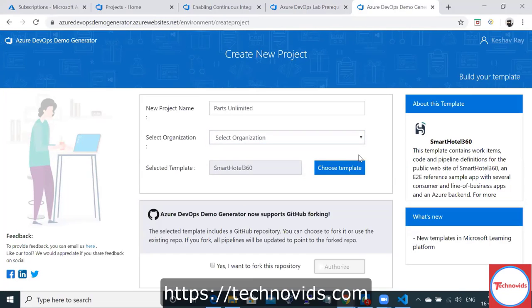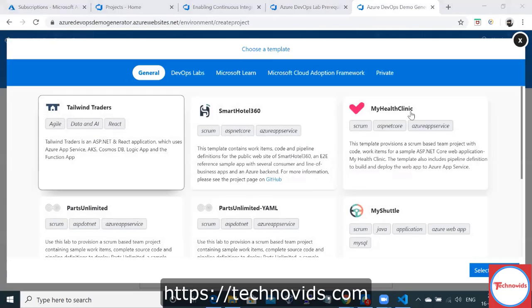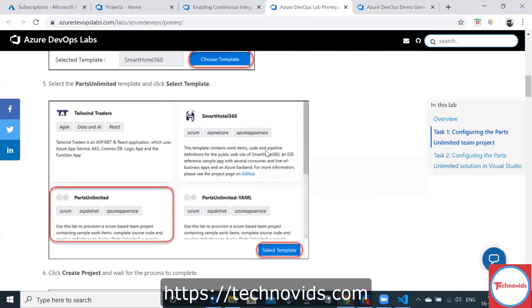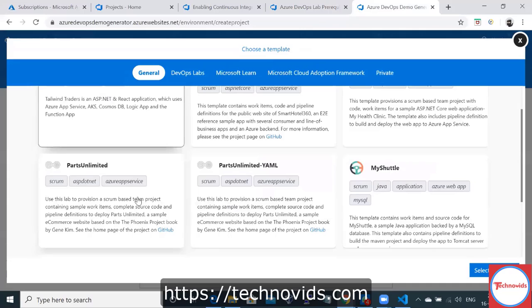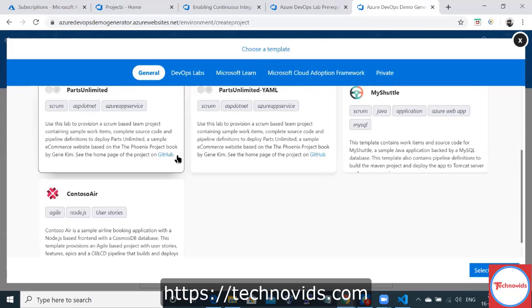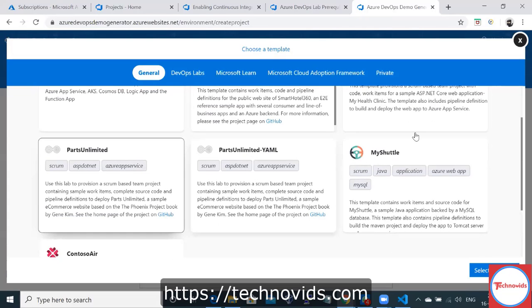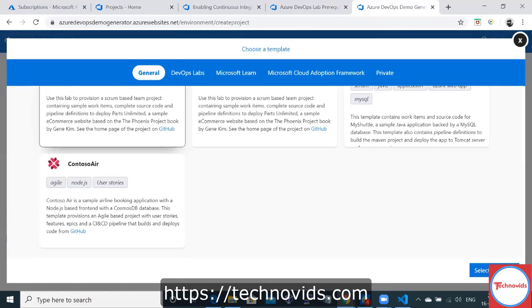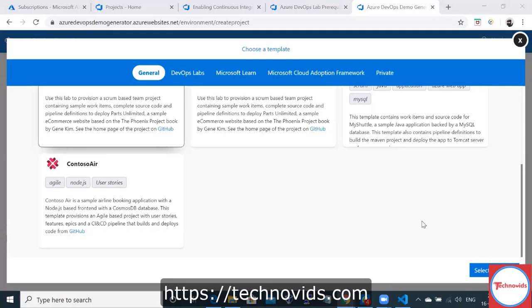It will create a new organization. We'll choose a template. Which template we need to choose? Parts Unlimited. So this is one of the projects that I'm selecting, because right now we don't have much code. So we need to get code from the public Azure repo itself. That is where I'm getting the code from, with which we are going to see how we can set up the CI.